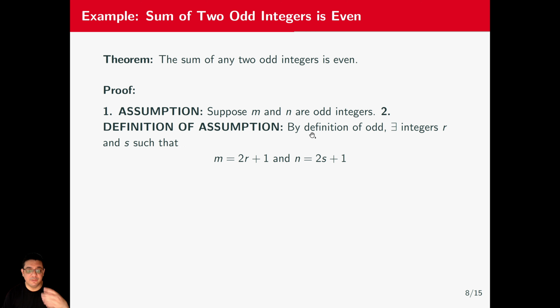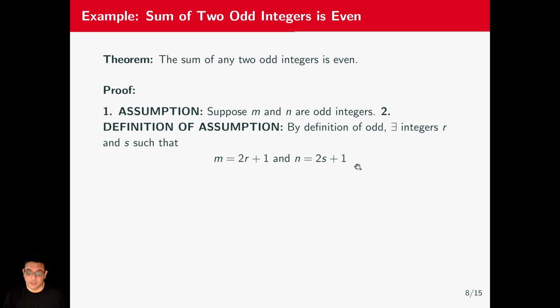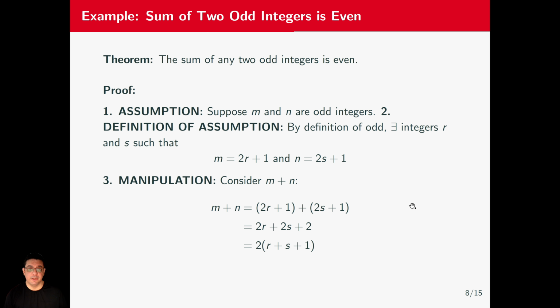So now we're going to use the definition of the assumption. By the definition of odd, there exist integers r and s, so we can represent m as 2r plus 1 and n as 2s plus 1. Notice that I'm using different letters. We need to always use different letters because they're different numbers. Now, from here, we're going to go to the phase of manipulation. Because we're trying to prove that the sum is even, we're going to do the sum. So we do m plus n,